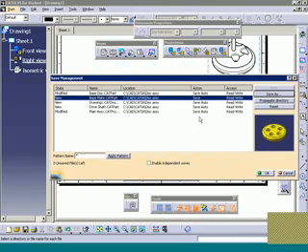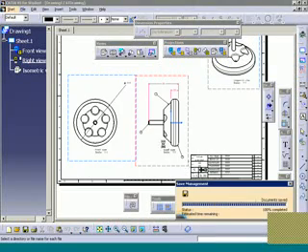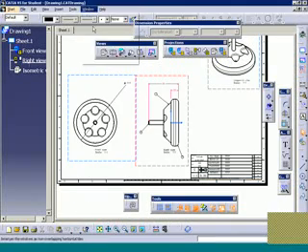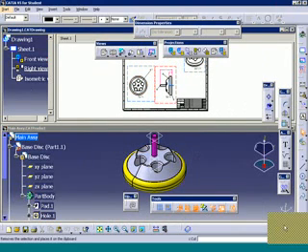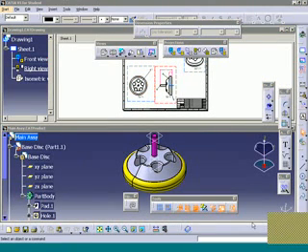So we just have to save our file using the Save Management tool. It's easy to simply click on the individual parts and save them off to their respective folders. The software propagates the directory